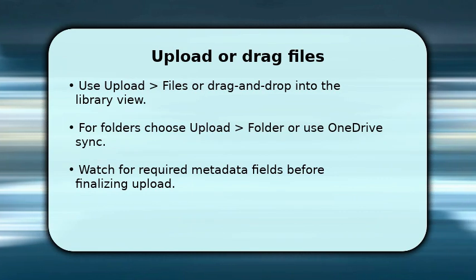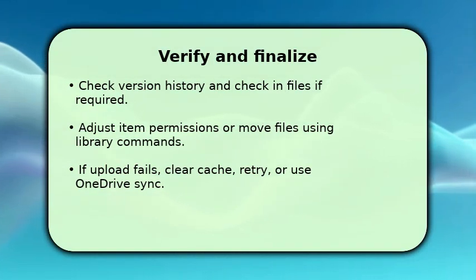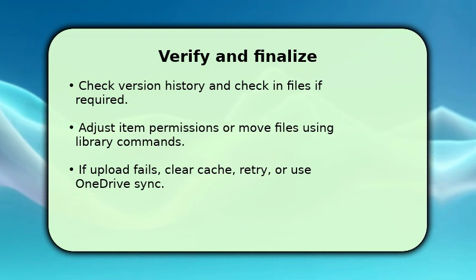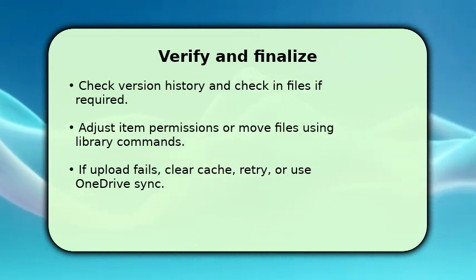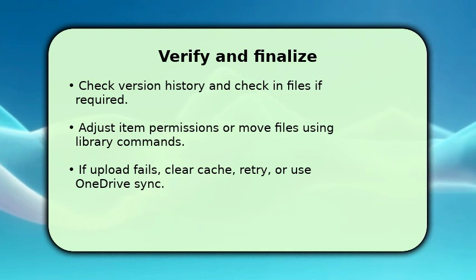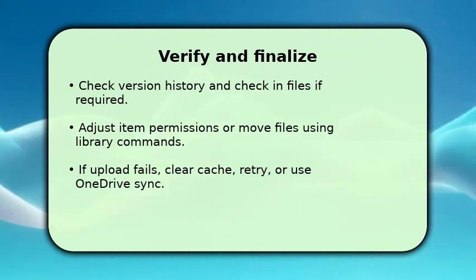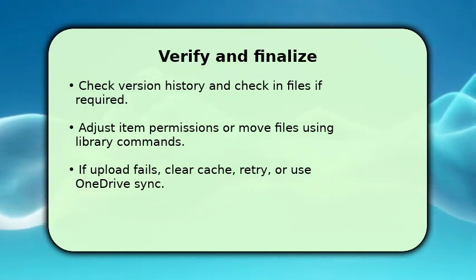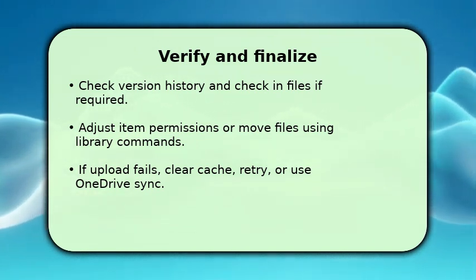After upload, make sure you check in any files that require it and review version history to confirm the current copy. If you need different access, modify item permissions or move files using the library's command bar. Once finished, open a sample file to verify integrity and links. If something goes wrong, try clearing browser cache, using a private window, or switch to OneDrive Sync to reload. These steps fix most upload or